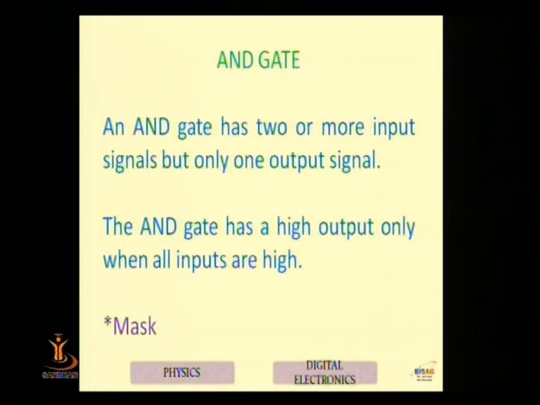Now comes the AND gate. AND gate is a series connection of two switches A and B. If any input is 0, if any switch is open in a series connection, your output will not be obtained, you will get 0 at the output. Basically, the AND gate configuration is used for masking purposes. Whenever you are studying processors, you need to mask. Mask means you need to force it to 0. Any quantity made 0 is a mask.